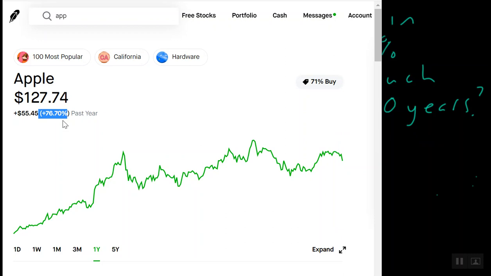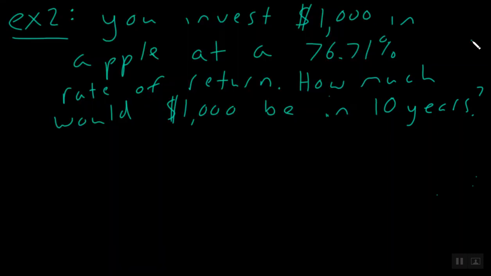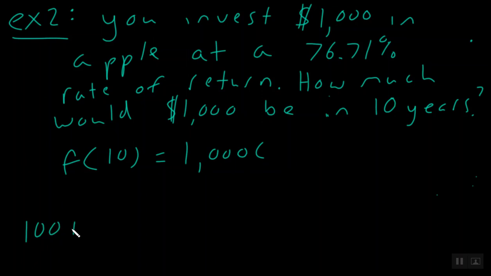76.7% return. A moment ago, it was 76.71%. So what if you were able to keep this rate of return, 76.71, for 10 years? What would your $1,000 be like 10 years from now? Let's set this up. We'll say f of 10, because we're looking at 10 years. We're investing initially $1,000. And wait a second, what is 100 plus